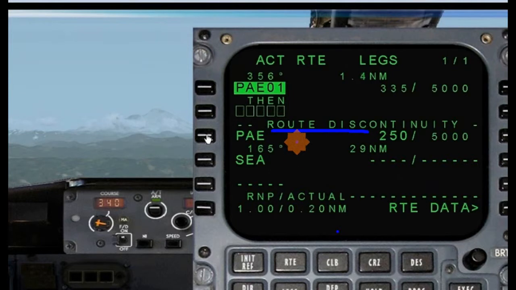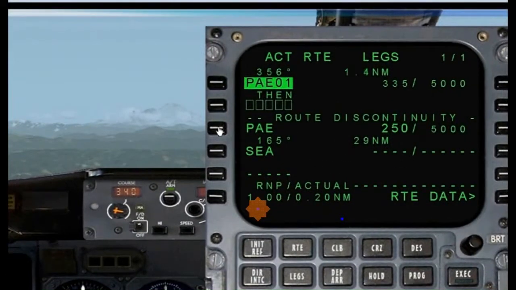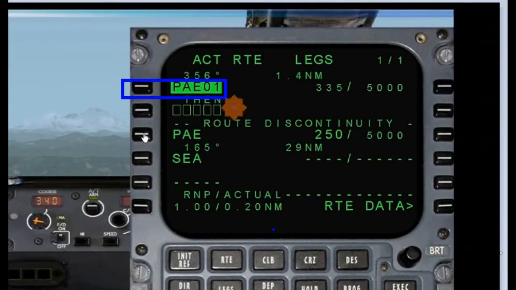In order to do that, what we will do is line select 3 left, this button right here, and that will move this fix to the scratch pad right here. Next, we will make that the next fix by line selecting 1 left. By making this fix the first one, we in essence remove the discontinuity because we're no longer